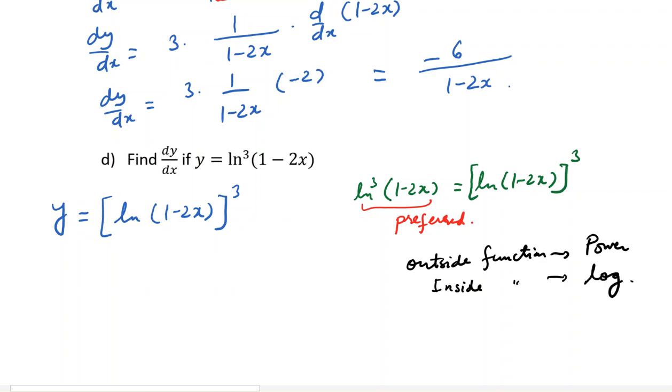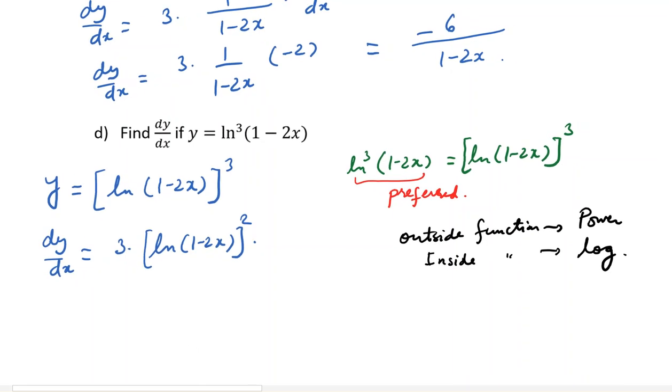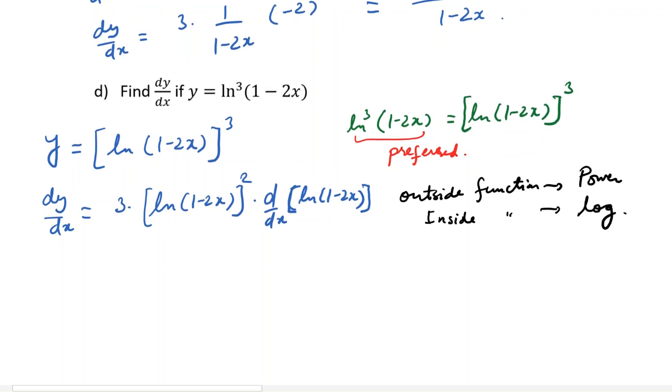So when we take the derivative, first we need to apply the power rule. Using the power rule, the power comes down, the power is reduced by 1, and then by the chain rule, we take the derivative of the inside function. All right, so dy over dx is equal to 3 times,